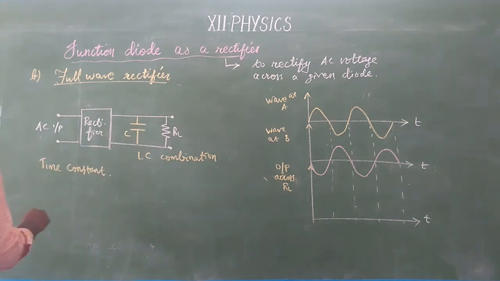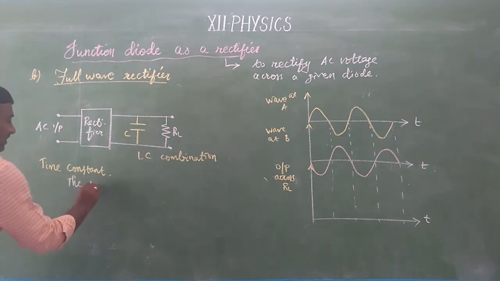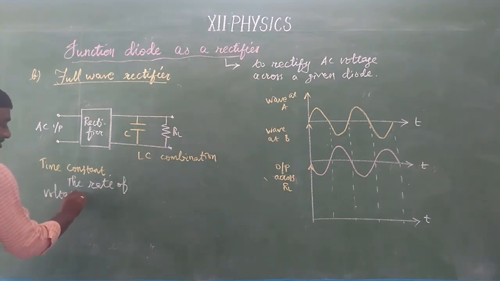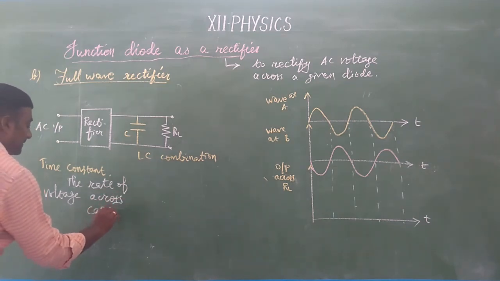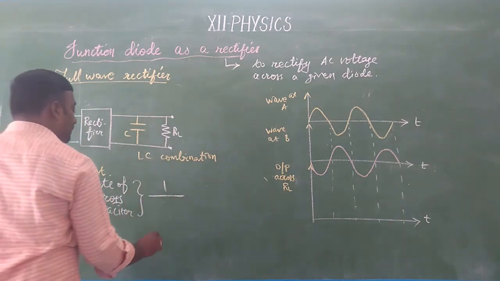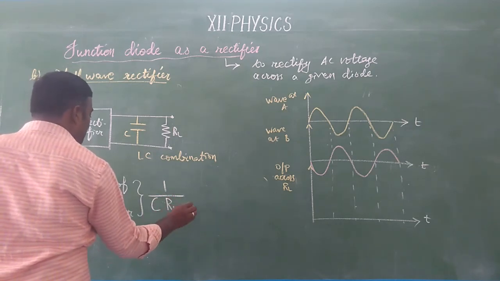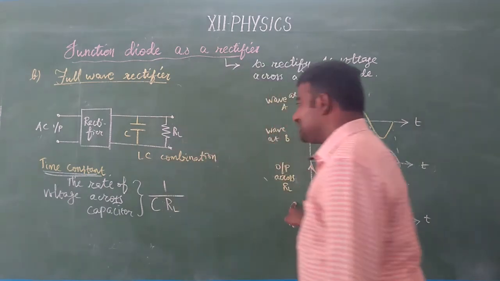The time constant is nothing but the rate of voltage across the capacitor, which is inversely proportional to the product of the capacitance value and the load resistance. Okay, so this is called the time constant. With the time constant, the output across the load resistor would be